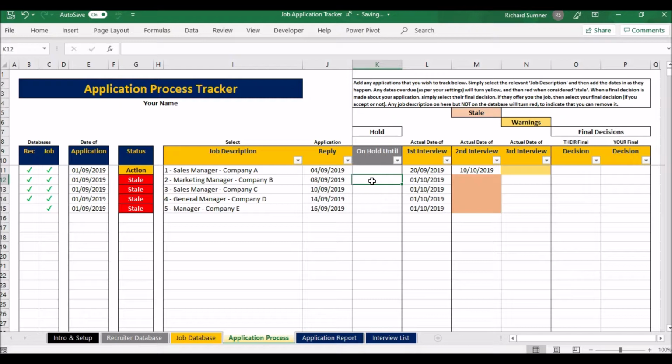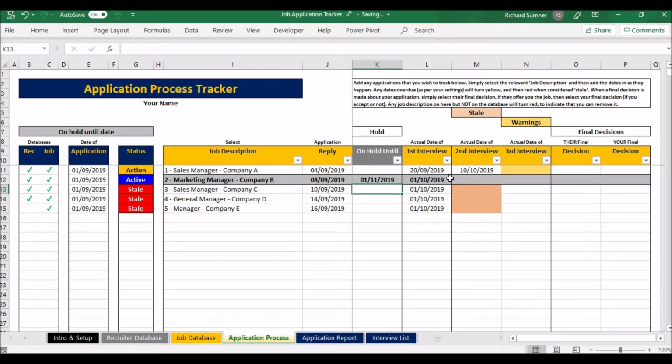Let's just say for argument's sake, this guy says, listen, we've put the job on hold. We're not making any decisions until the 1st of November. What you can do is just say that one's on hold until the 1st of November. What it does is it grays it out. It says it's on hold, so all the warnings stop regarding that